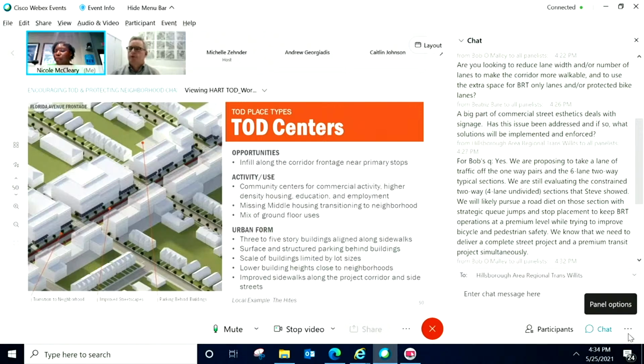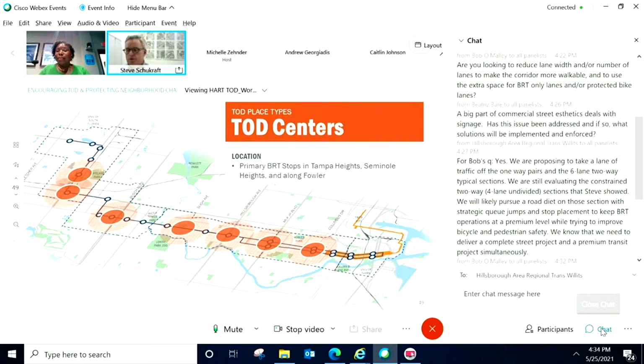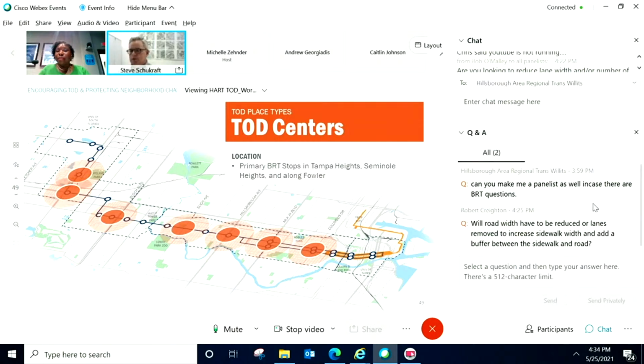And Nicole's watching that chat, so we'll circle back to some of these questions as they come in. I started to introduce the TOD center. So these are places where there's the possibility for slightly increased density at the primary stop locations. These would be the places with direct access to the high capacity, high frequency stop locations along the corridor.